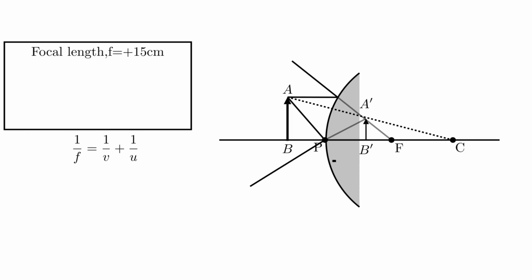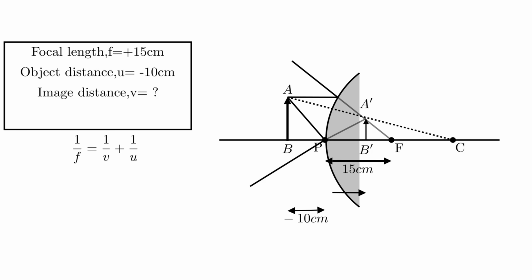For a convex mirror, the focal length is positive and in this case it is positive 15 cm. As the object is always placed in front of the mirror, the distance of object u equals minus 10 cm as it lies left to the pole. Now putting the corresponding values in the mirror formula, we get 1 upon 15 equals 1 upon v minus 1